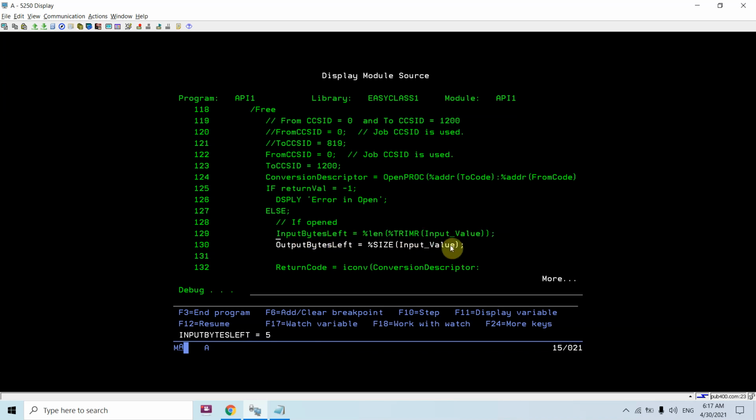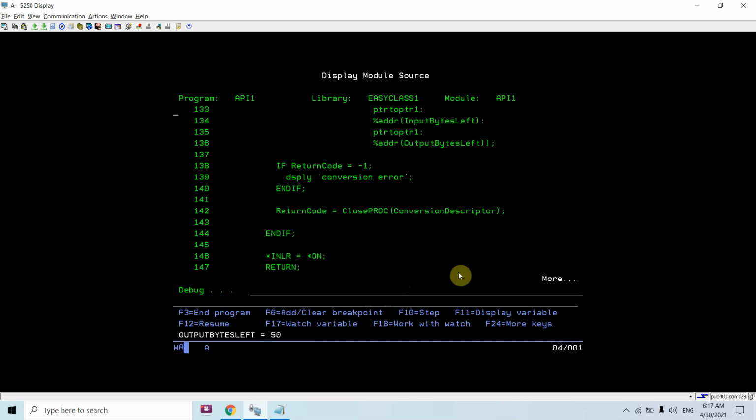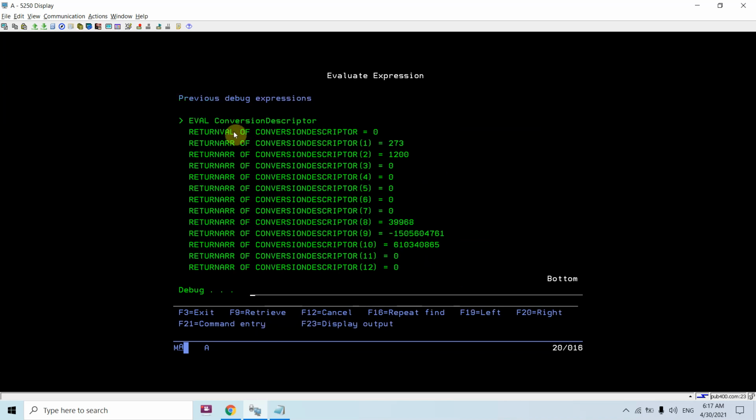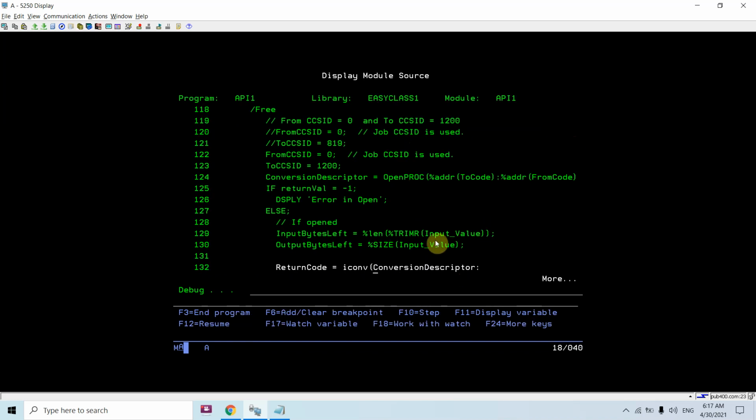So length is 5 for hello world, and the value for the output bytes is 50. Now we need to call iconv for conversion purpose. So we'll pass the conversion descriptor here with this information. Basically it tells that we need to convert from 273 CCSID to 1200.